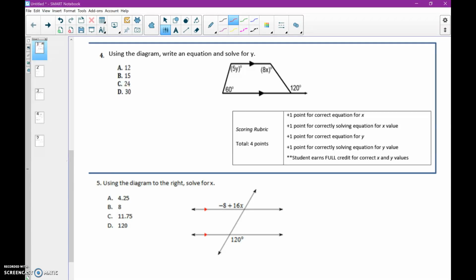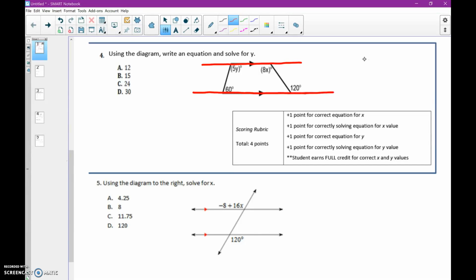Hi everyone, so this is a video on number 4 from the Unit 1 CBA Review version A. So looking at this one, a couple things to keep in mind is you really do need to pay attention to these arrows. Remember, they represent parallel lines. And we talked about when we did this unit that you really want to kind of extend them because we're